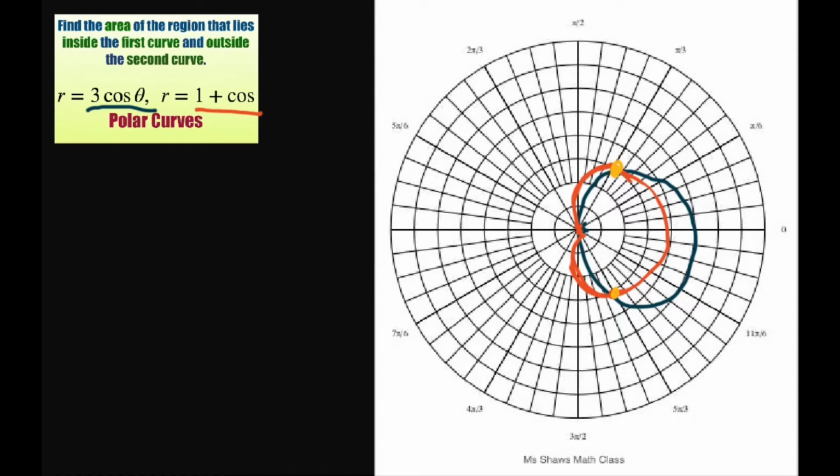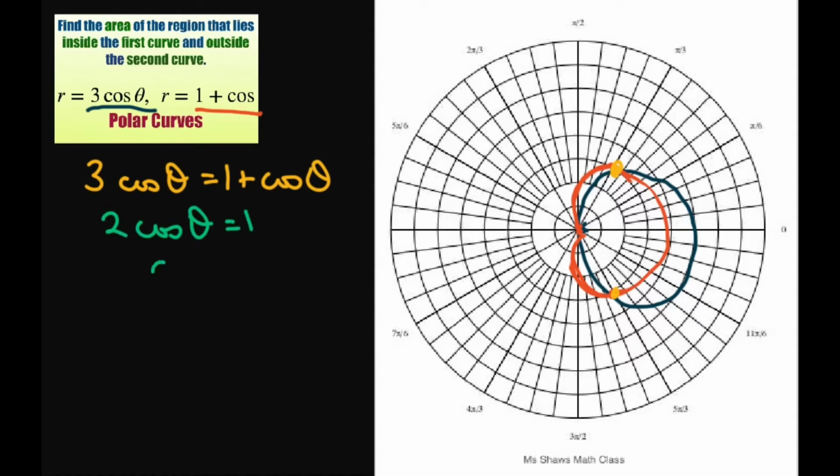equal to each other. So we have 3 cosine of theta equals 1 plus cosine of theta. Subtract cosine from both sides, you get 2 cosine of theta equals 1. Therefore, cosine of theta equals 1/2. So therefore, your angle is pi divided by 3, or negative pi divided by 3, or 5 pi divided by